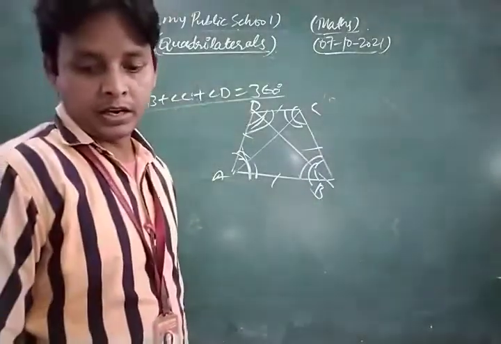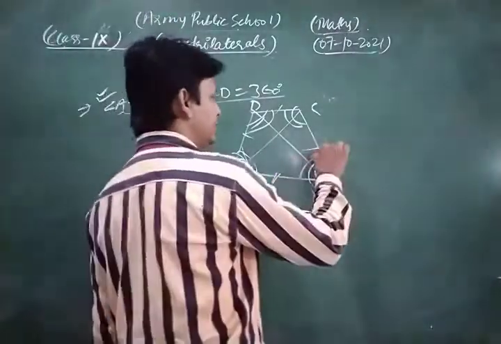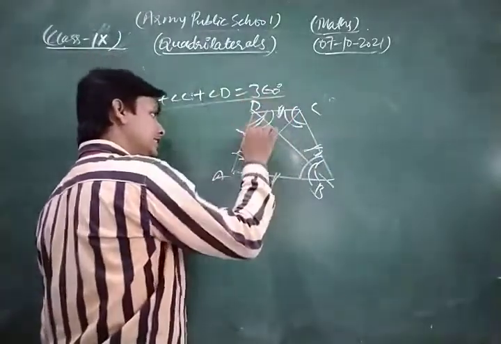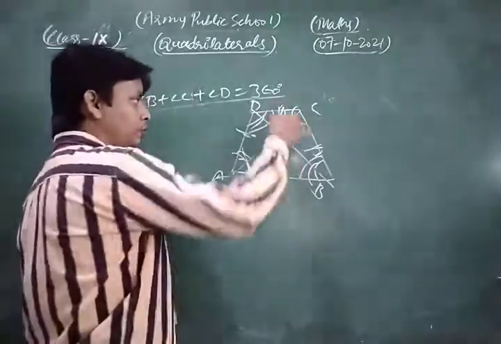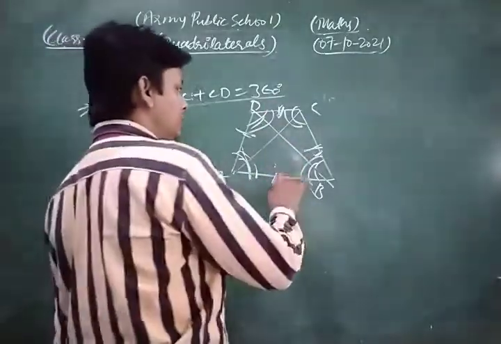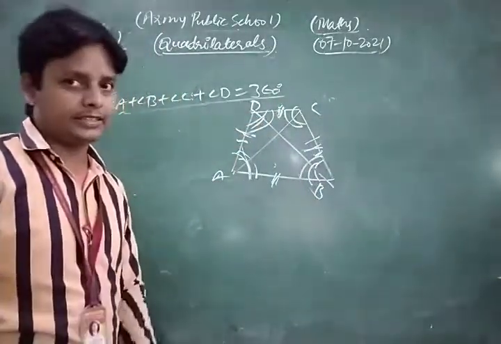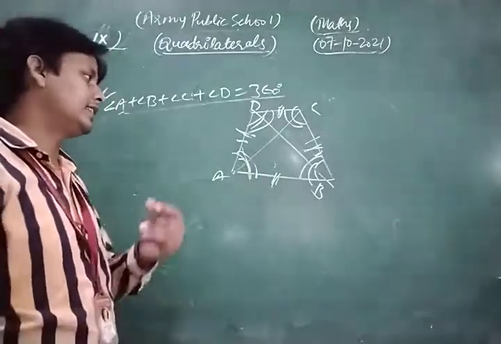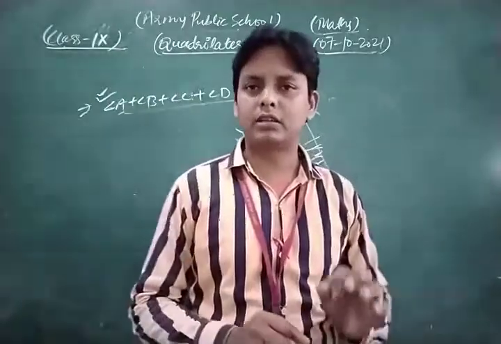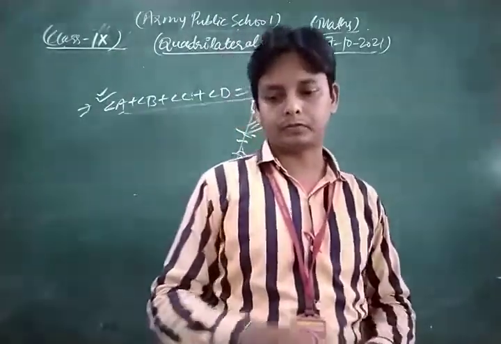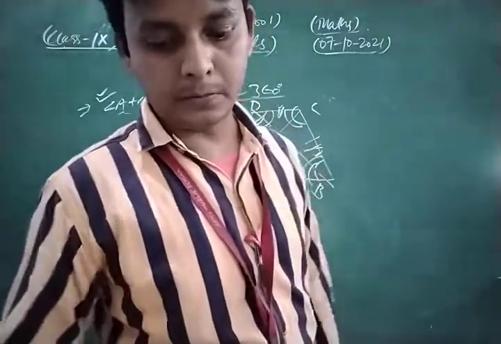Some important facts related to that: adjacent sides. Dear students, there are four pairs of adjacent sides which have a common vertex, like AB, BC, BC, CD, CD, DA, called adjacent sides. And opposite sides: there are two pairs of opposite sides in any quadrilateral, AB, CD, and BC, DA. Similarly, there are four pairs of adjacent angles and two pairs of opposite angles, A, C and B, D. So in this way, dear friends, we clear some important facts related to quadrilaterals. Now we are going to take and discuss some important questions based on this.